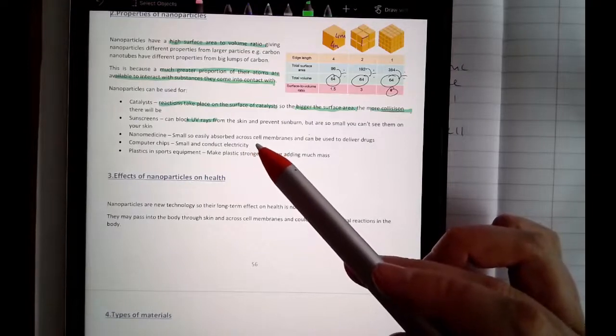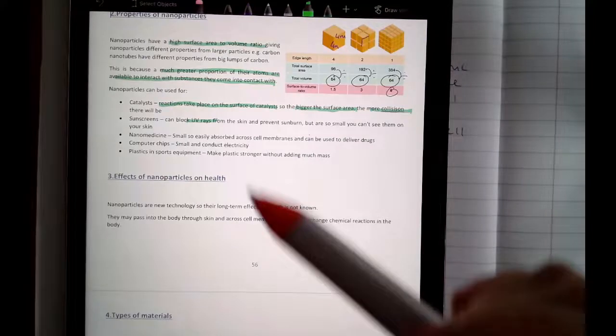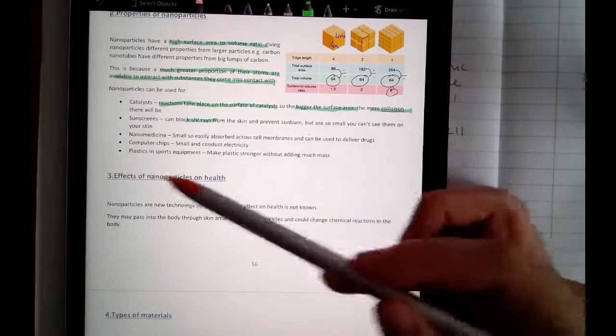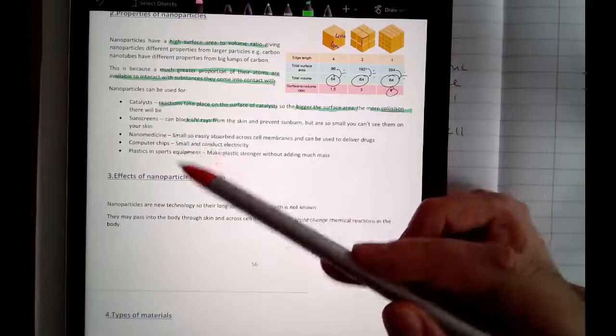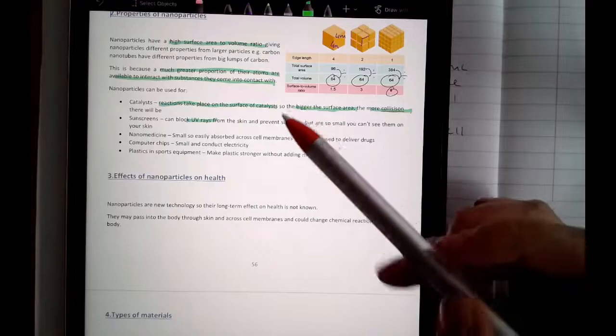We saw with carbon nanotubes that they have delocalized electrons, so could conduct electricity, but that won't be true for all nanoparticles. They can also be used in plastic and sports equipment, which makes them stronger without adding much mass. Again, these nanoparticles are small and light, so you can strengthen without adding mass and keep your sports equipment nice and light. So far they've asked about catalysts and sunscreen, they haven't asked about the other three, so I would just know all of these three bullet points and know the uses of nanoparticles and how they link to